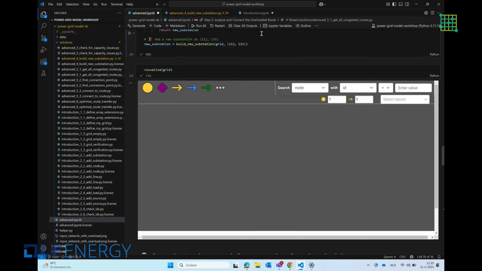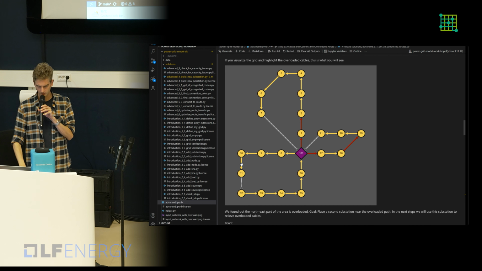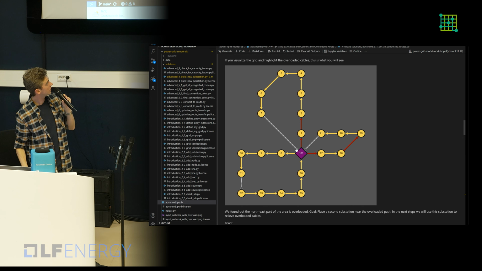Yeah, this doesn't work anymore. Let's go here. All of these nodes, they have one particular branch that feeds all the power from the substation to this node. So for example, node 11 is on this route that goes all the way here to the substation.